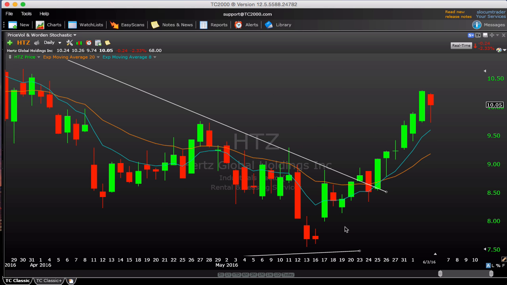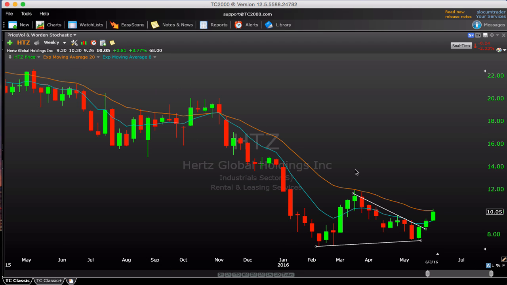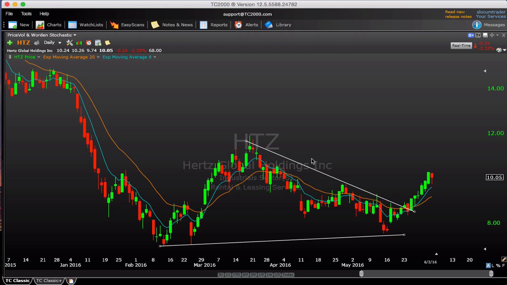And finally, HTZ, we discussed this one as well. Still very beaten up here for the year, down 20% or north of it. But it is trying to carve out some type of bottoming formation here. You can see it did break this trend line, and ever since it's been levitating higher. So it's above the 8 and 20 on the daily chart. Longer time frame still looks like a disaster, but you might find some opportunity here in HTZ, depending on your trading style. It looks to be something that can move pretty quickly, so might be worth watching for you.